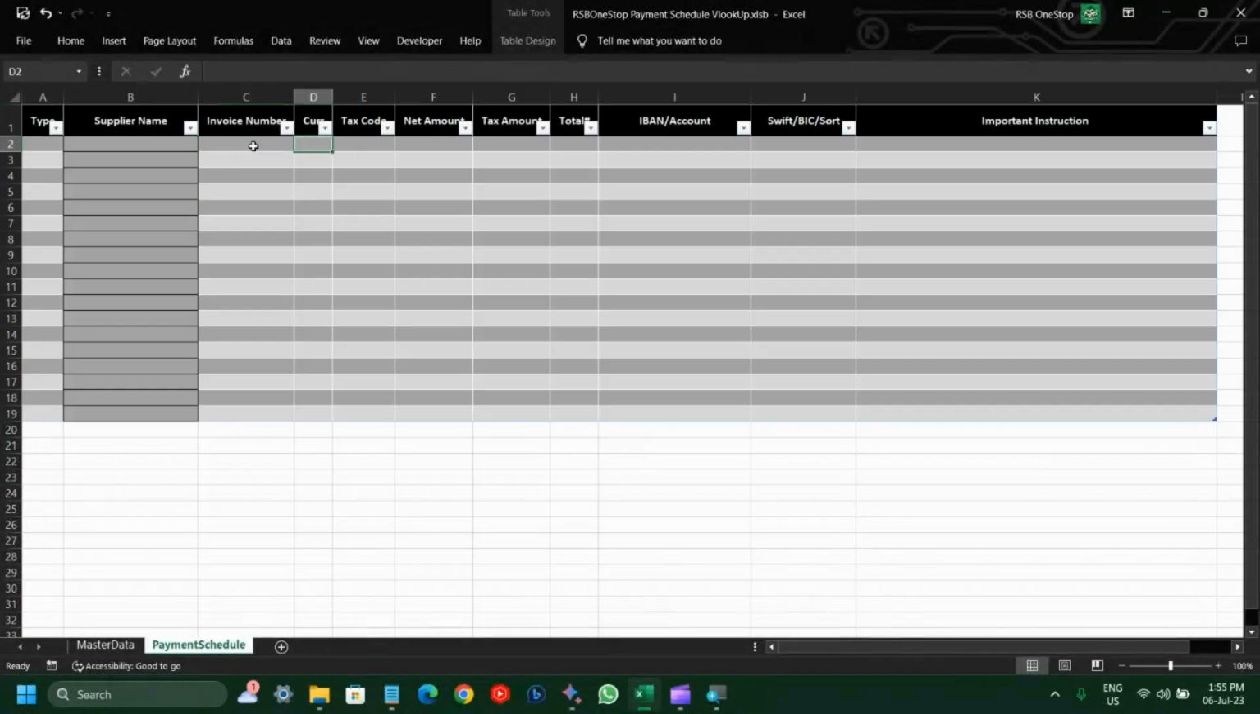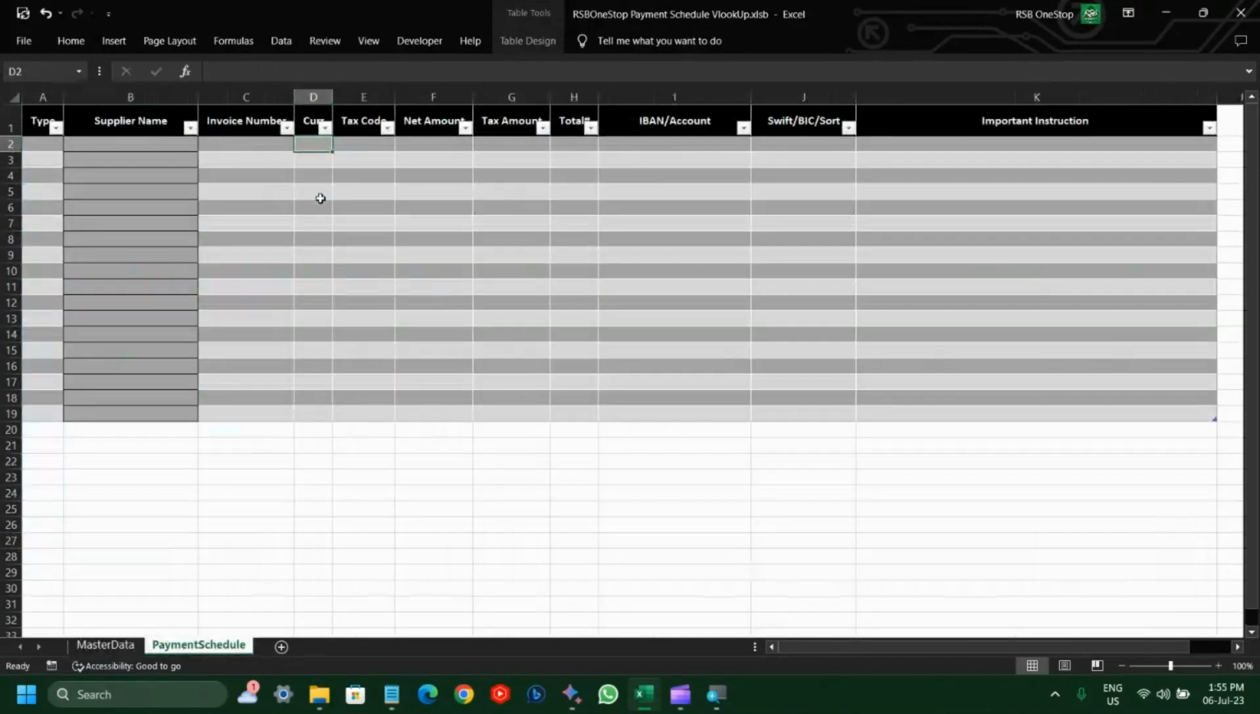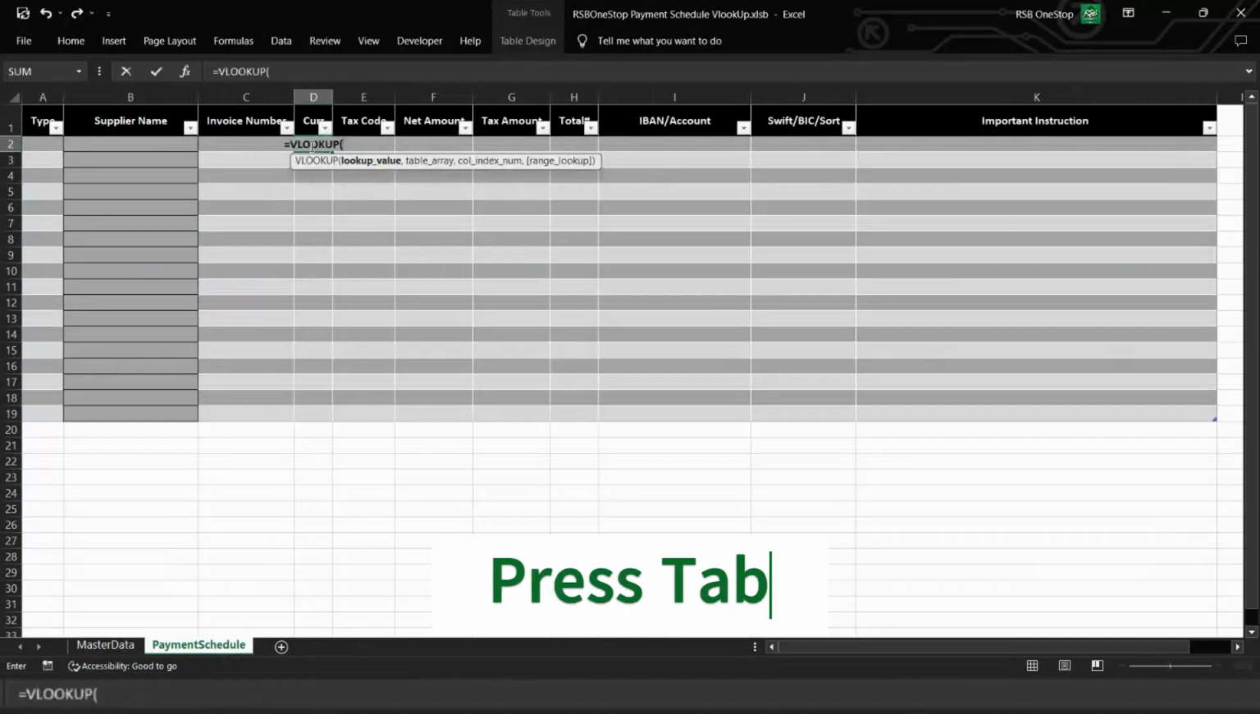Next, we will use the VLOOKUP formula to get the relevant details from the master data sheet into the respective columns in the Payment Schedule tab, using supplier name as the lookup value. Now, input equals then VL and press tab key to select VLOOKUP function, then type B2 to take supplier name